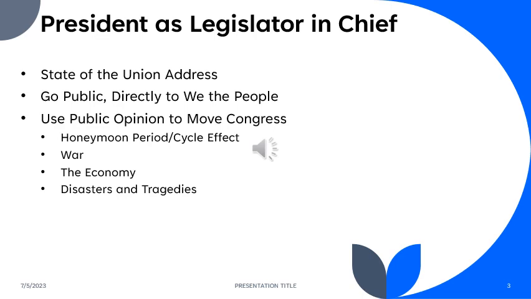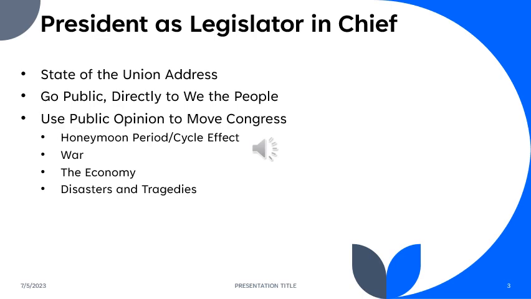The longer a war goes on, the more things don't go as planned, which is often the case with war. The more we lose people, the more we spend treasure, the lower our opinion of the president. Look at George W. Bush. At the inception of those invasions, super popular. After a few years and things went poorly in both places, his approval rating shot down. By the time he left office at the end of his second term, his approval ratings were in the mid-20s. Let me say that again for effect. The mid-20s. So war giveth, war taketh away.